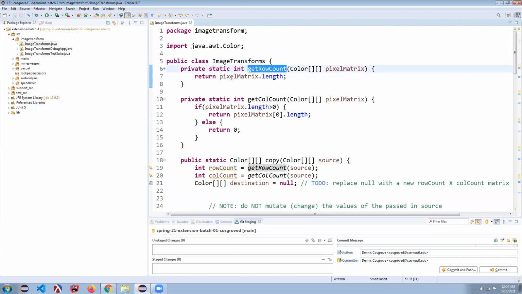And when you're talking about the rows, that's the length of the outer dimension, or the outer part of this matrix of colors. And then we call get column count, and that is going to look at this matrix. The rows are the primary outside dimension, and then the inner one is going to be the columns. Now we're going to promise that it's always going to be a rectangle, right? So as long as there's at least one row, we can look at row 0's length. Otherwise, it returns 0. Trust me, we're never going to pass you a 0 by 0